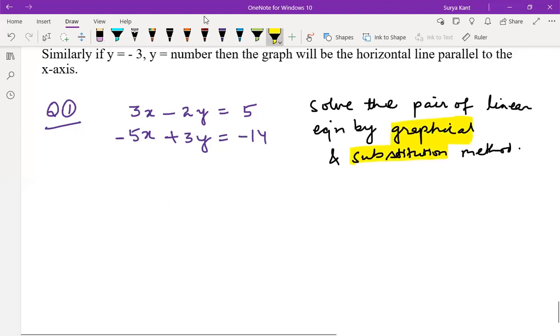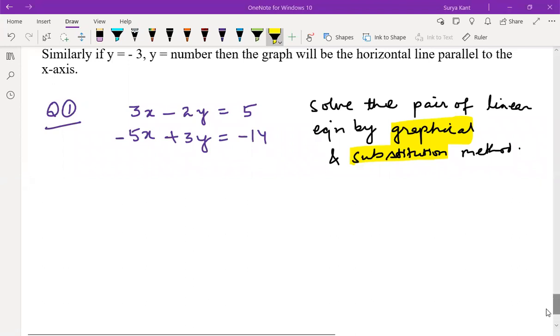Sir, I can do the substitution method, but for graphical I'm having a little bit of doubt. Yes, sir. Same, sir. I got the substitution method. I'm not getting the graphical method. Okay, I'll show you. Sir, for graphical we need to take a value for x, then we need to find y, then represent it on the graph. Yes. I'll show the graphical method here, and the substitution method you do by yourself. Okay.